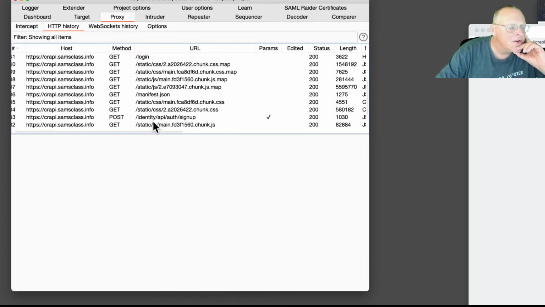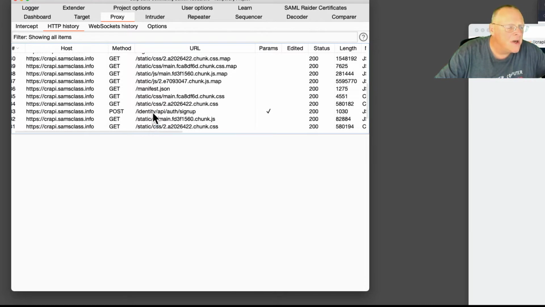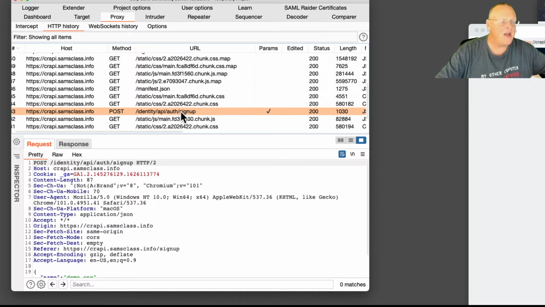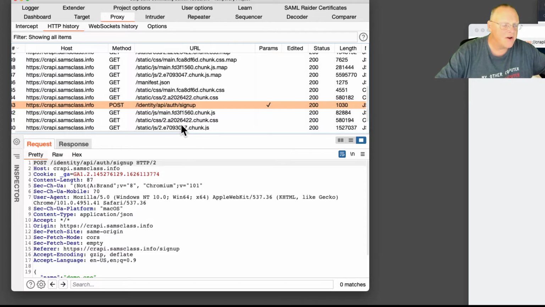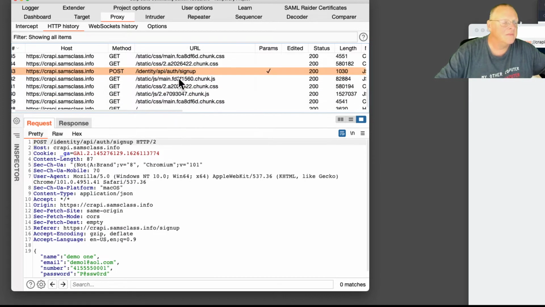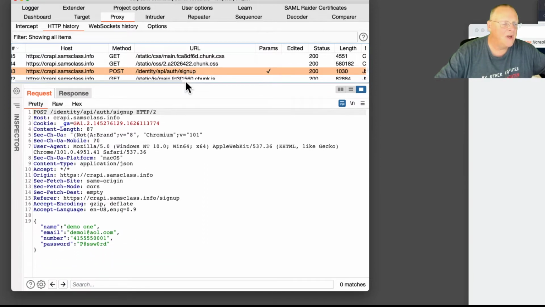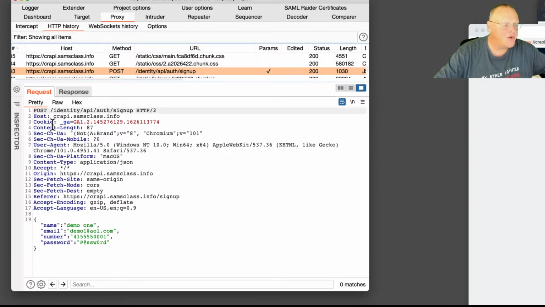we did a sign up. Yeah, POST identity auth API signup. Okay, so this is the request that creates a user account. So let me scroll this up so we can see it. All right, there it is. It's a POST request going to this server. It has a bunch of header fields that don't really matter. One that does matter, however, is